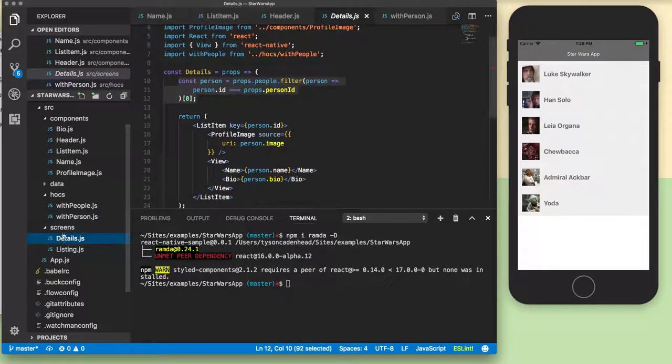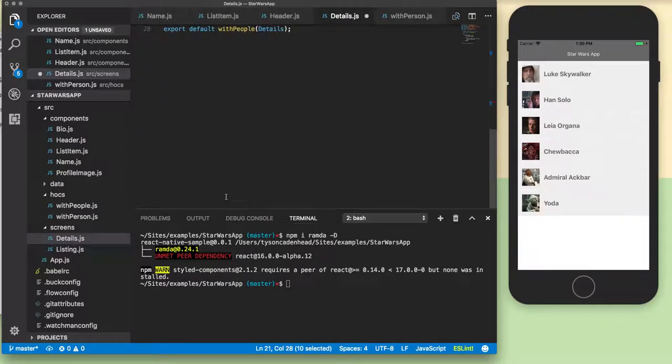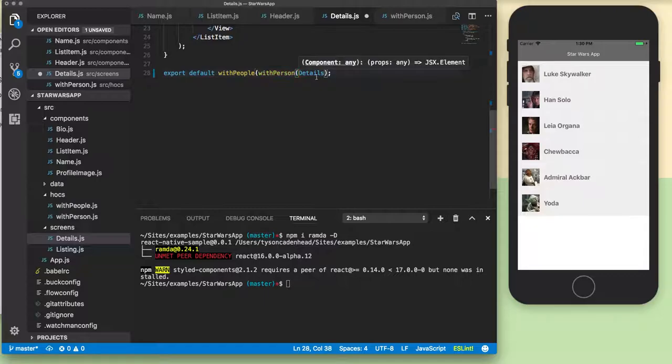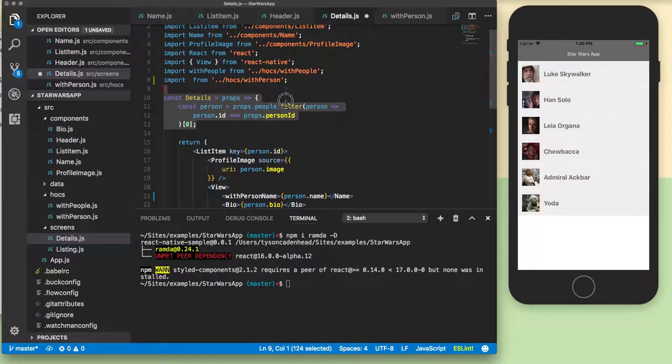And now if we go back into our details view, we can import that. So we can say import withPerson from higher order components withPerson. And we'll take withPerson and wrap it around our details. And then we can actually take this part out,